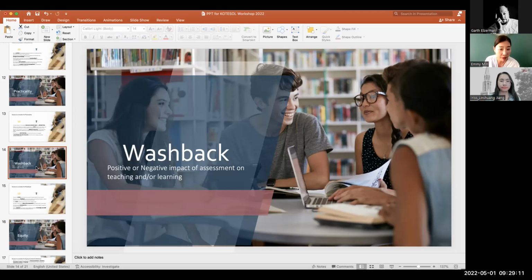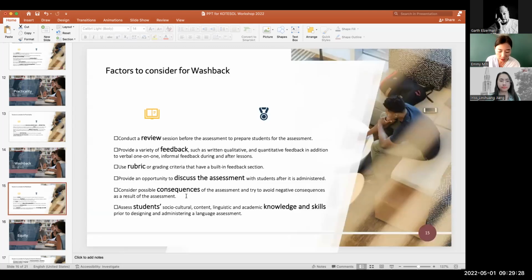And sometimes it's good because we're preparing our students to do so. But if you do it too much and it's just teaching to the test and you're not focused on teaching and learning, but more so on their ability to do well in the assessment, that's an example of a negative washback effect. And so a couple of things that you can be mindful of when you are trying to have a more positive washback function is that